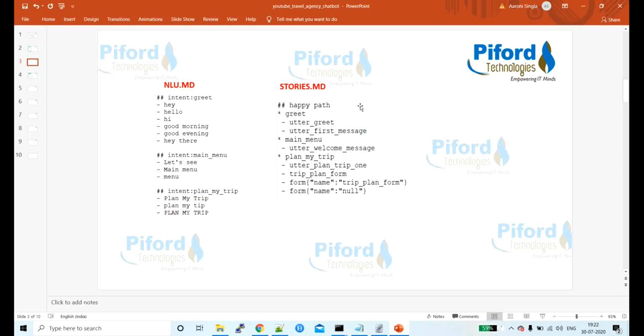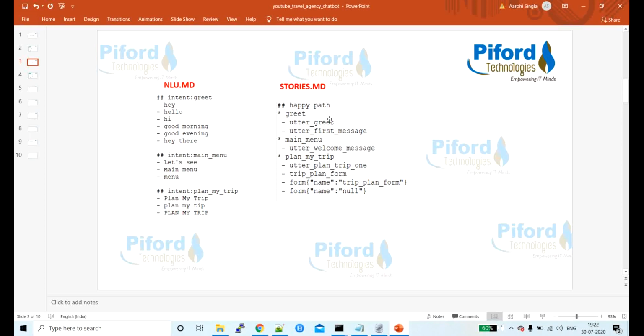This is the stories.md file. The stories.md file is used to train Rasa Core, and Rasa Core replies to the user as per their questions. In this stories.md file, we store different sample conversations so that our Rasa Core can understand what kind of conversations to have with users.